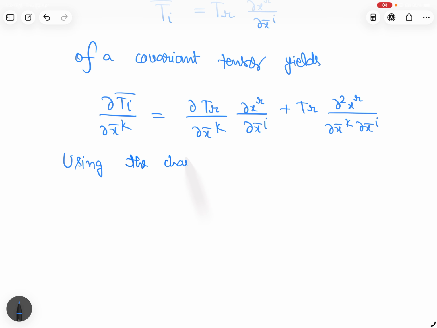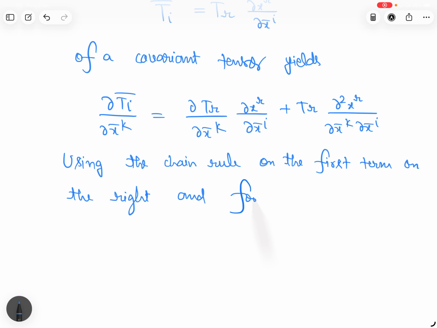After solving it, what you will get? You will get this much. You will take it inside, then what you will get, minus